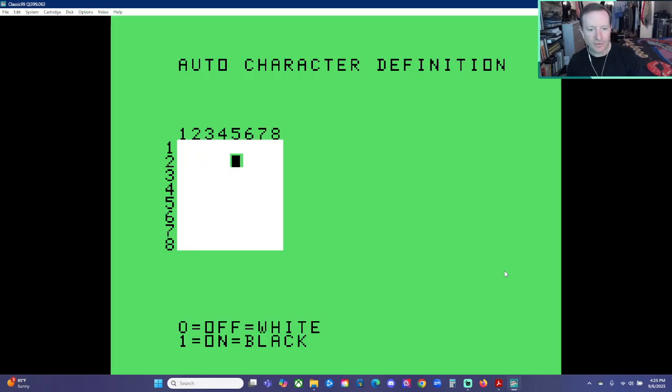I'm just hitting 0 now, and I set everything to off. It's off by default, so it should know when I